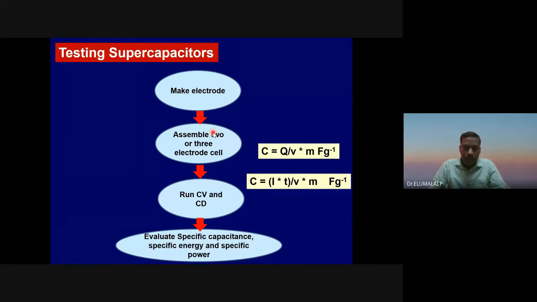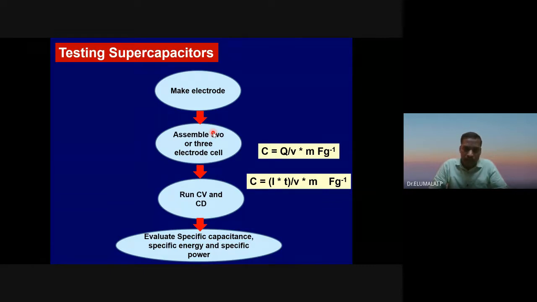Depending on the electrode and very much on the electrolyte, there should be a defined potential window. If it is a water-based electrolyte, the potential window should preferably be 0.8 to minus 0.8 volts. You can also go to minus 0.9 or minus 1, but there will be some evolution of hydrogen. You cannot go beyond plus 0.8, as there will be an evolution of oxygen. So even at minus 1, there will be evolution of hydrogen.